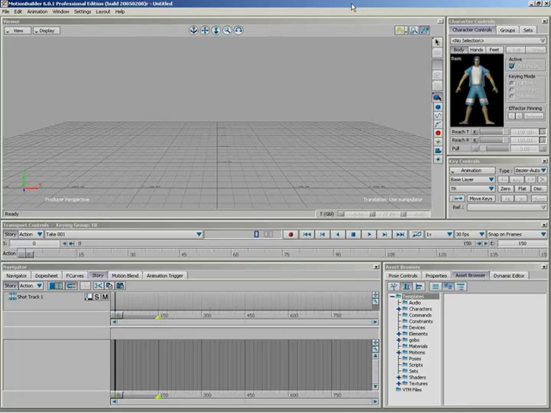In this video, we're going to take a look at the Camera View Toolbar, which is new to MotionBuilder 6. This is a great way to control your camera without having to use any keys on the keyboard, as well as access several viewer options without having to dig into any drop-down menus. Now, it exists here at the top of the viewer window,